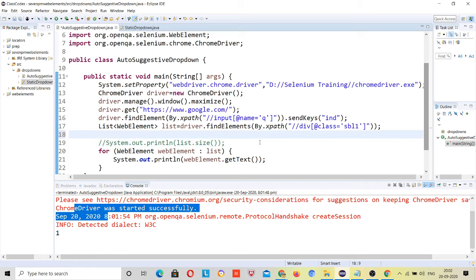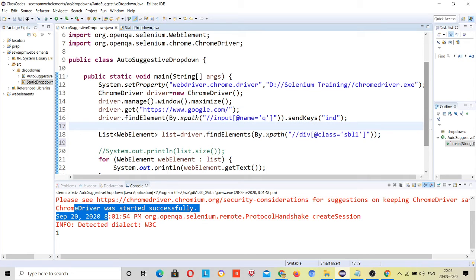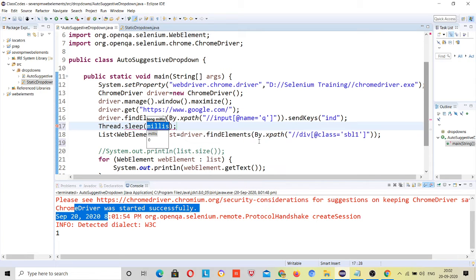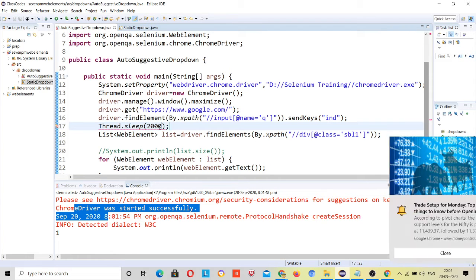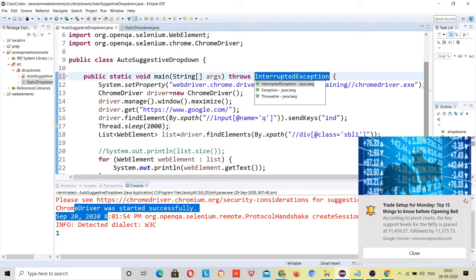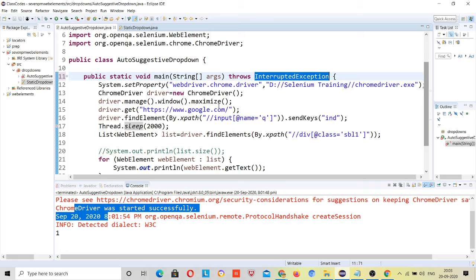For that you need to use Thread.sleep. After typing IND, you need to wait for some time. Suppose I will wait for 2 seconds, right? So that our drop down will be loaded at that time. And throws declaration. Now this will be printed.